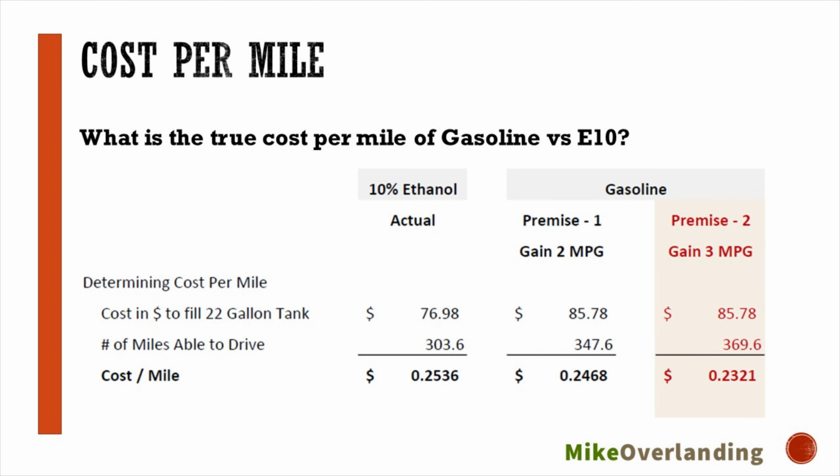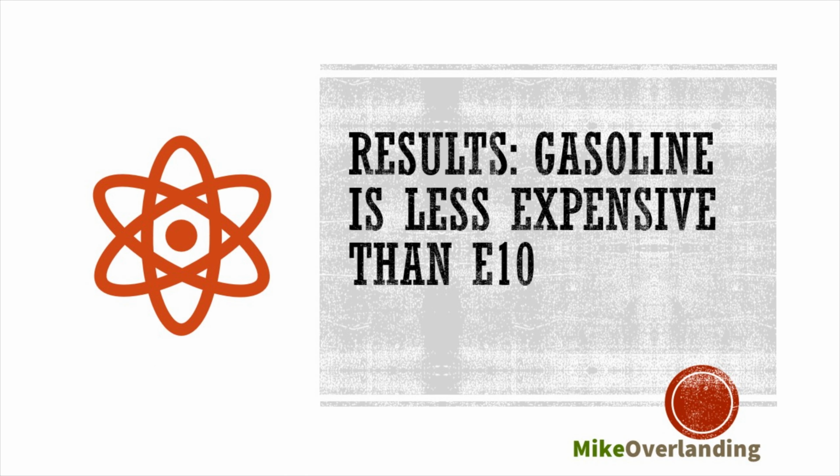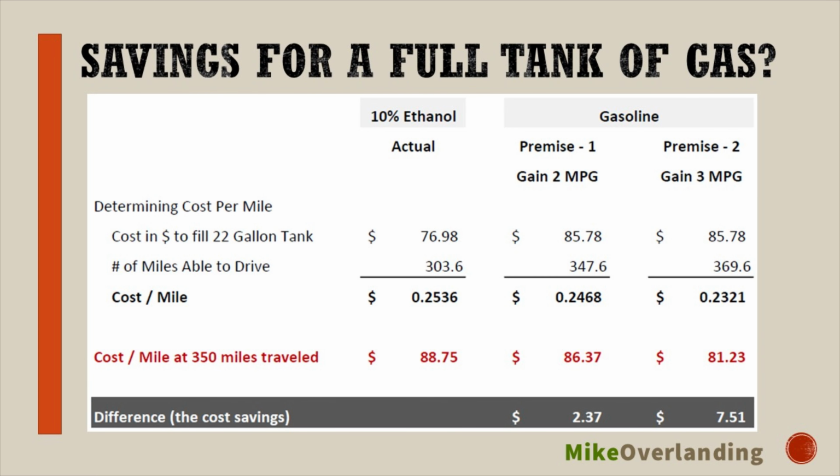Under premise 2, a gain of 3 miles per gallon would produce a cost per mile of only 0.2321. If the premise is correct, gasoline is less expensive than E10 when all factors are considered. The cost per mile of ethanol at about 25 cents, as compared to premise 1 gasoline at 24 cents and premise 2 at 23 cents,